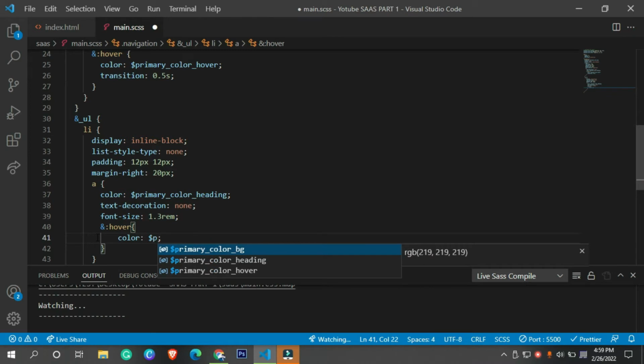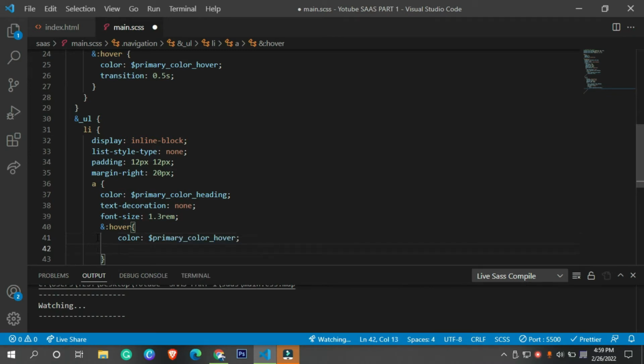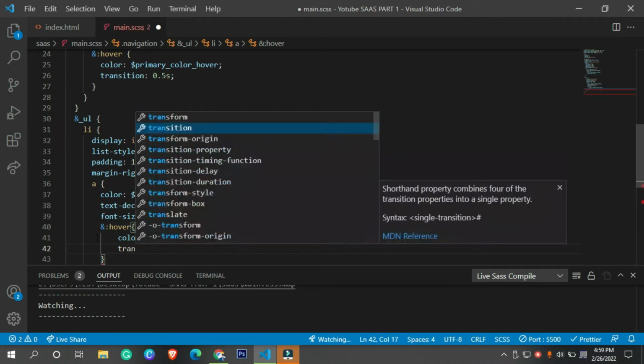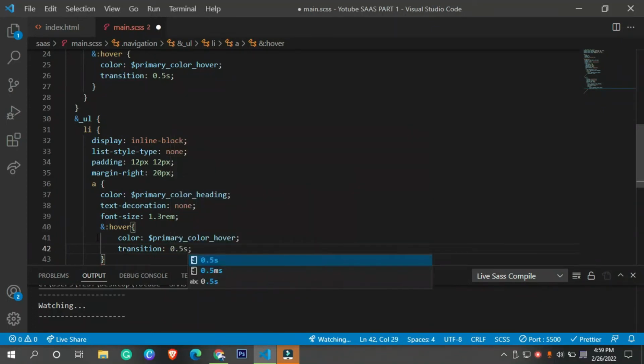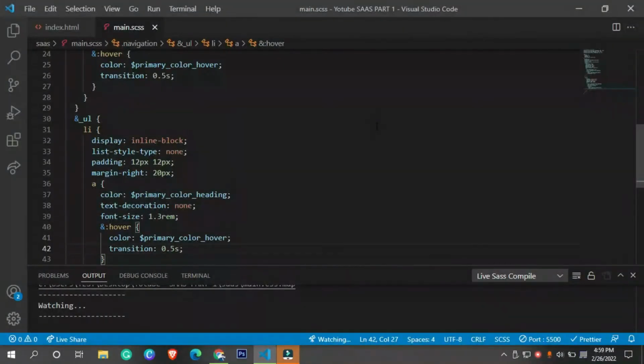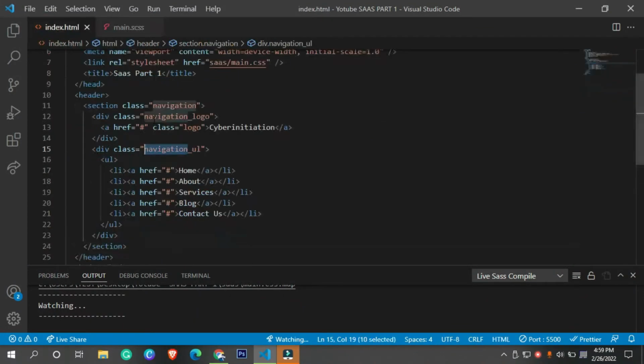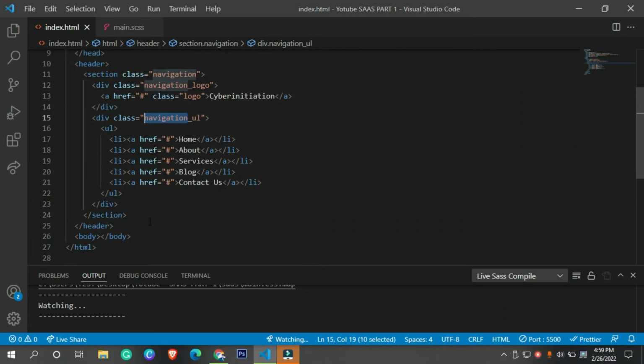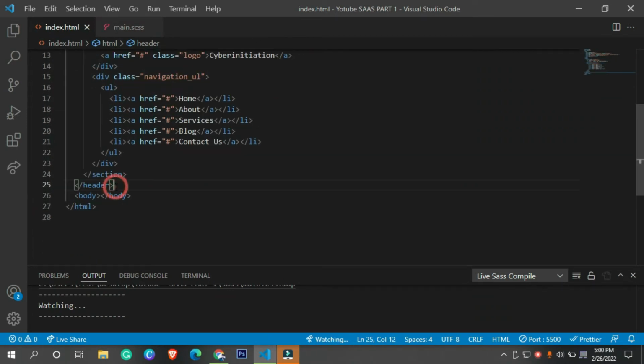You can also see that our code looks very clean inside this Sass, totally arranged and in order. So let's say hover effect 0.5 second. Now we have this entire navigation bar, and after that we can go and target the banner section.